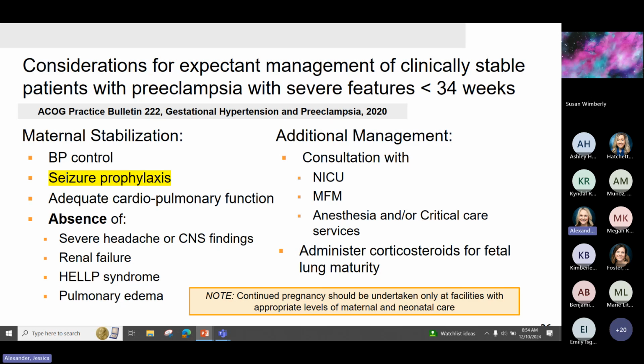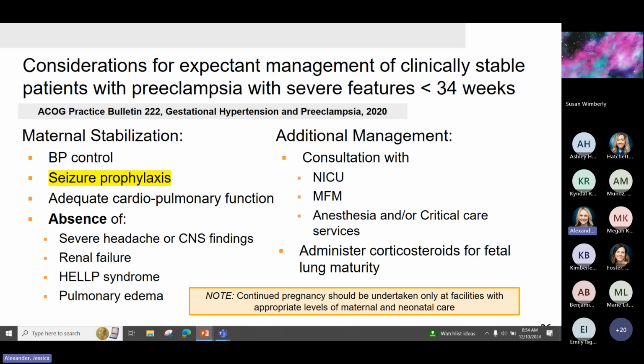Considerations for expected management of the clinically stable patient with preeclampsia in less than 34 weeks. So maternal stabilization, blood pressure control, seizure prophylaxis, adequate cardiopulmonary function, in the absence of the criteria that would be used to define severe